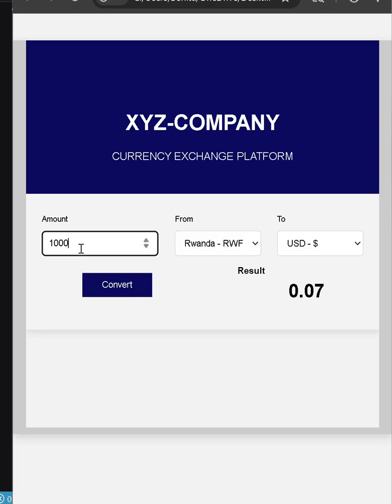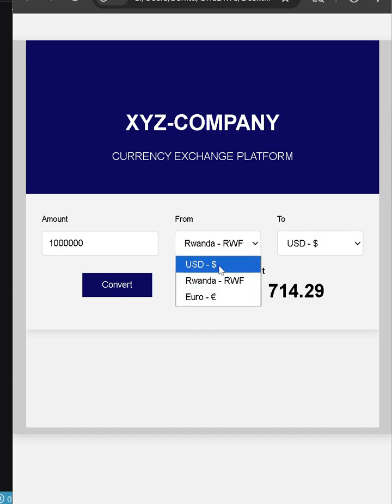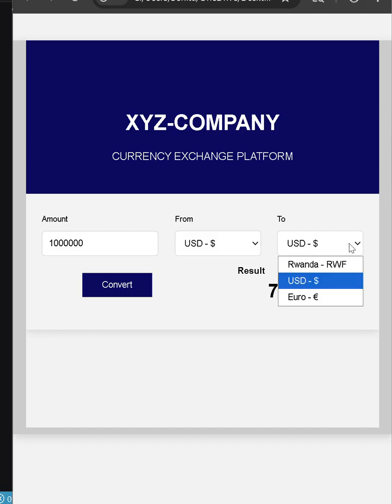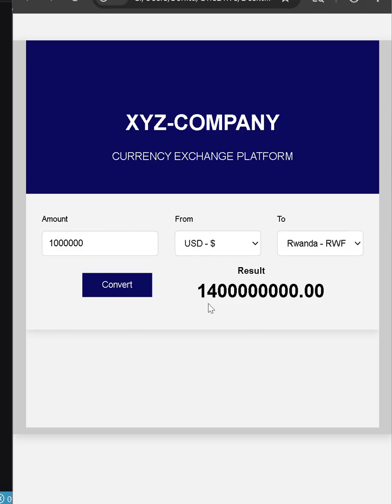Let's put 1 million London francs to US dollar. You can see that it is 714.29. Then let's see from US dollar to London francs, 1 million is